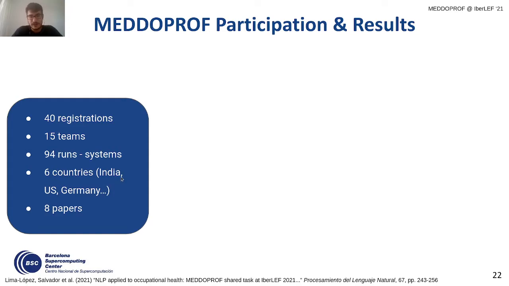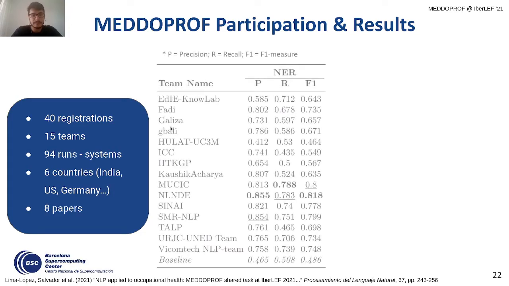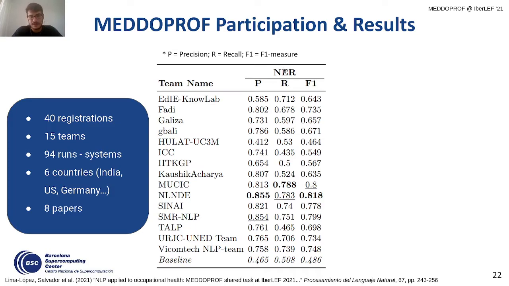As for the results for each individual task, these are the results for the MEDDOPROF-NER subtrack. As you can see, the best performing systems are around 0.8, which is kind of close to the inter-annotator agreement. The baseline is 0.4. And I think both of these systems used some type of transformers. They have submitted participant papers,